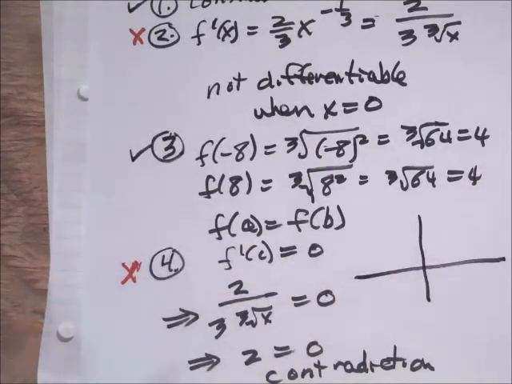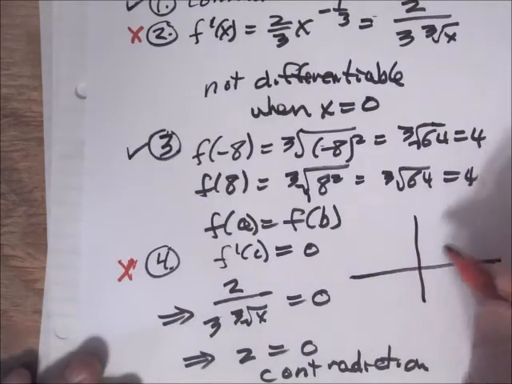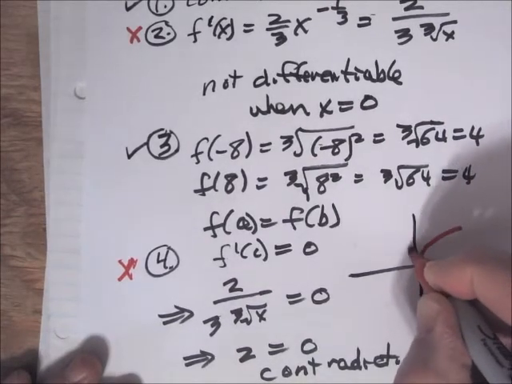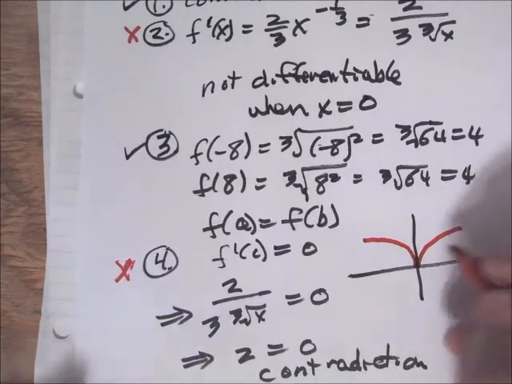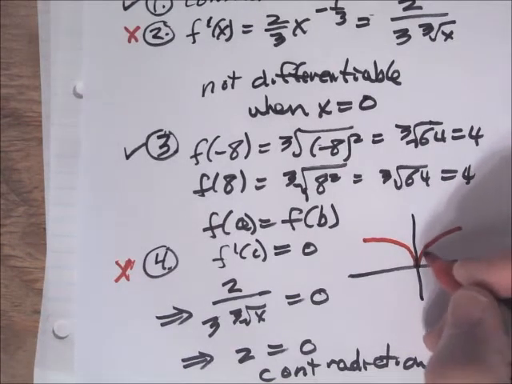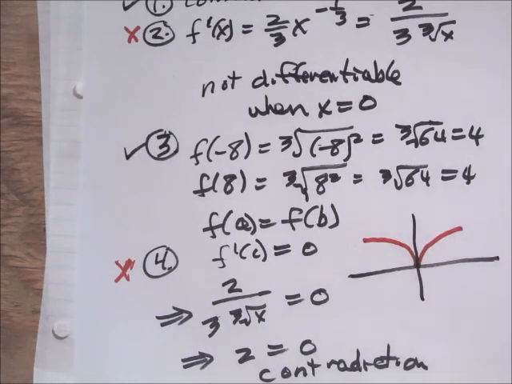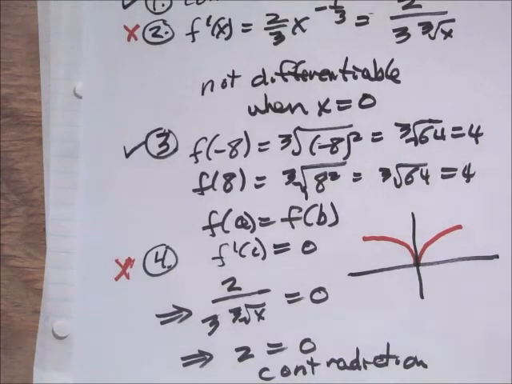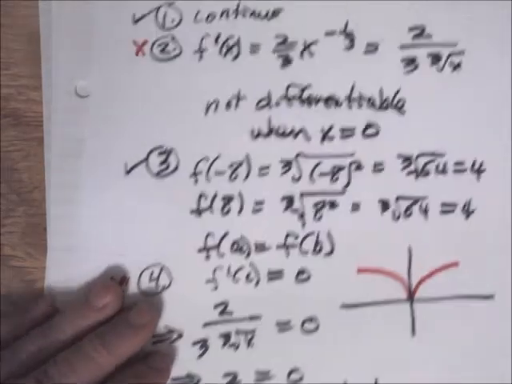It's an even function, so the left side is the mirror image of the right side, but it'll look something like this. It'll have a cut at 0, where it has a steep slope, but it never reaches slope 0. It changes from negative slope to positive slope, but it doesn't hit all the points in between. Okay, so